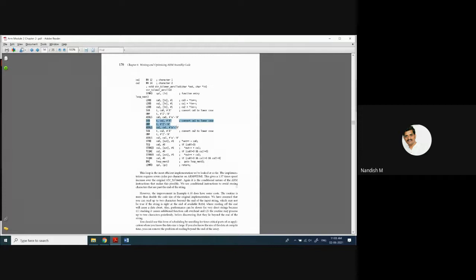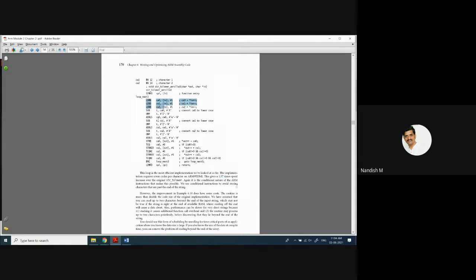After that, 3 instructions to convert to lower case. As usual, whatever you saw in the previous case: subtraction, comparison, add ls. Convert this into lower case. The third character, convert it into lower case. After that, you store it. Once again, you branch. When you compare this with the previous one, here also you see a 1.57 times speed increase. But what is the problem with this type of coding?